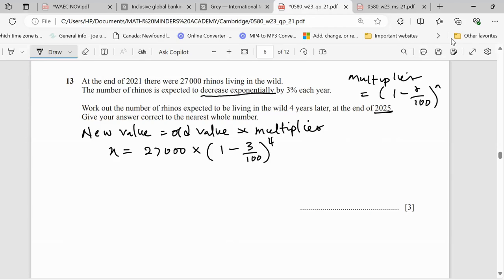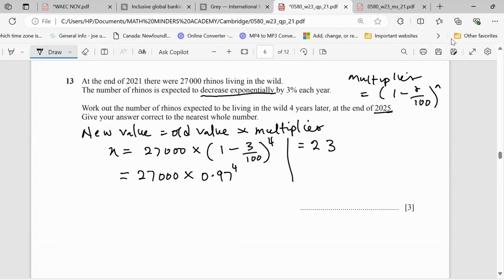So this becomes 27,000 times, if we work the bracket out, 0.97 raised to power 4. Now, if you use your calculator to multiply out, this is going to give us